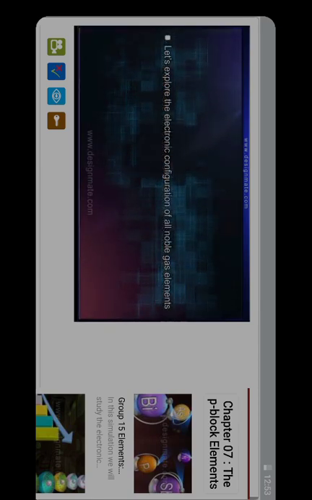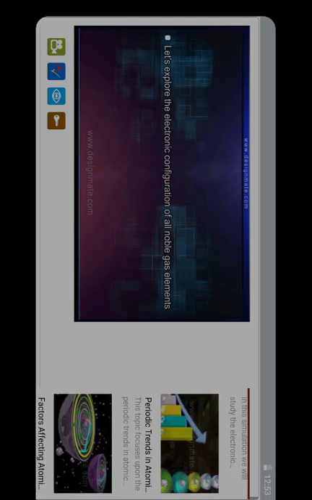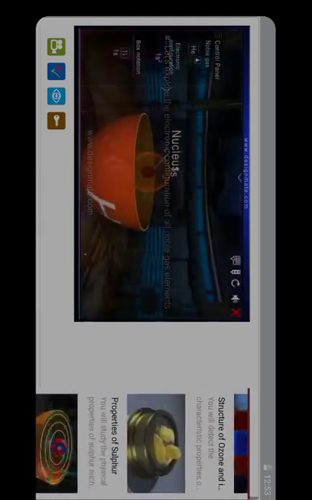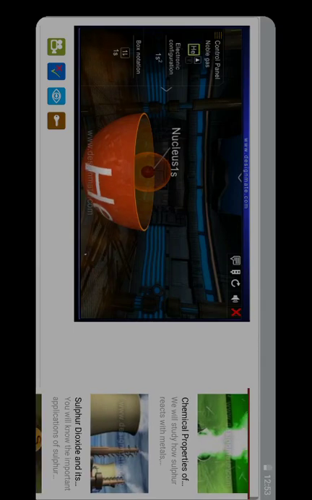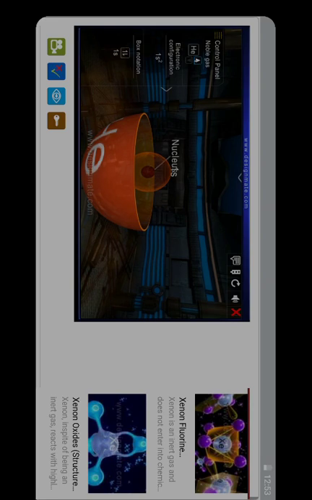Let us explore the electronic configuration of all noble gas elements. This is a helium atom. Its configuration is 1s2. Let us now